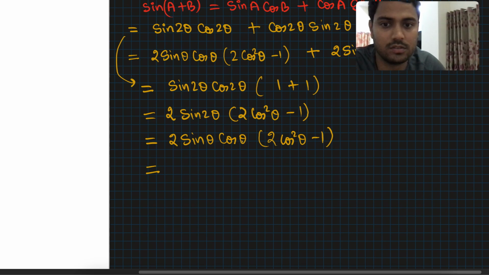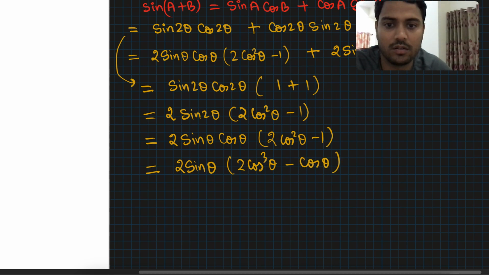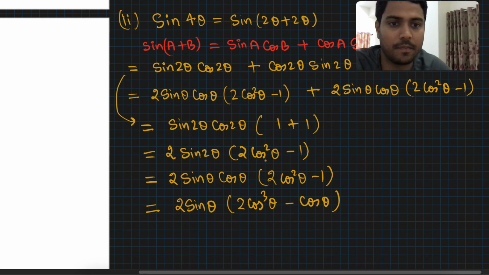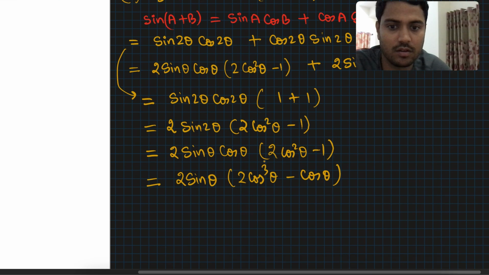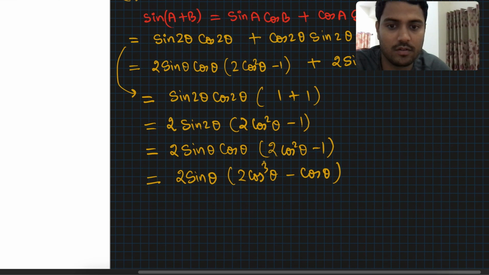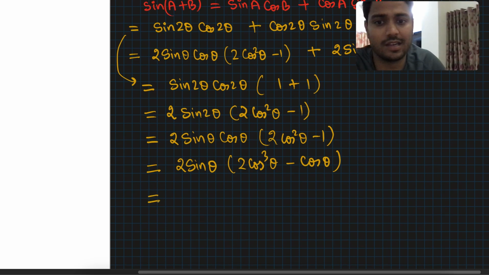So this can be written as, if I multiply cos inside, I can write 2 sine theta and 2 cos cube theta minus cos theta. Okay. Moving ahead, this can be written as